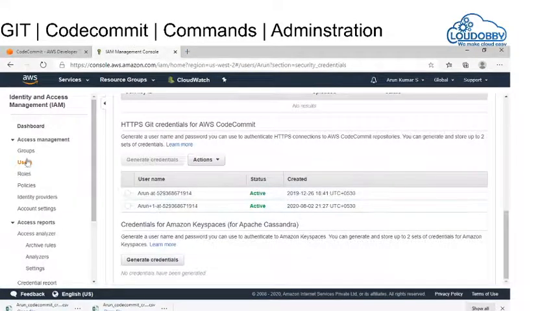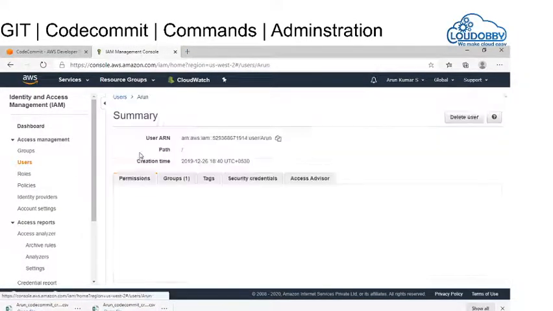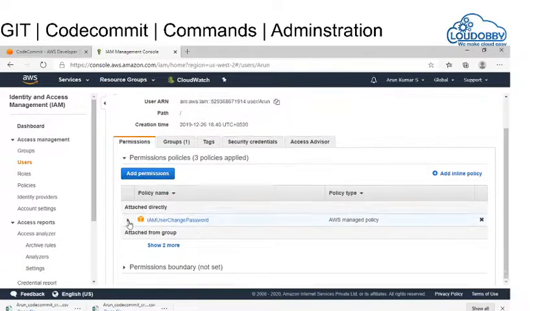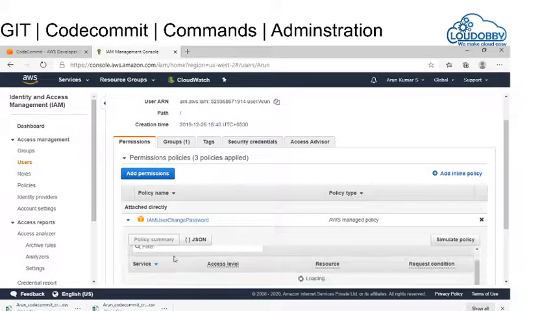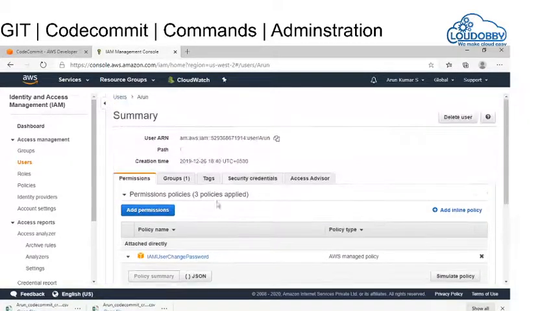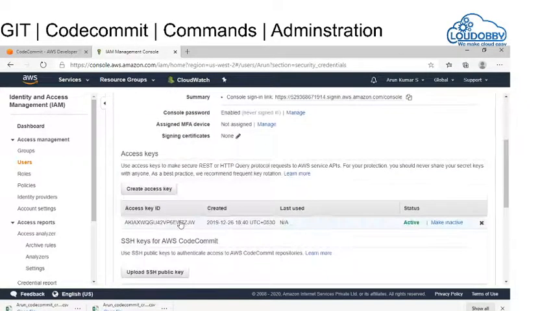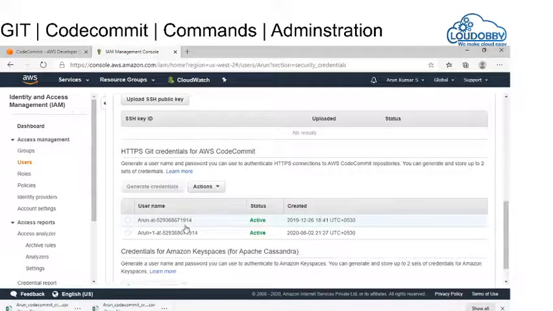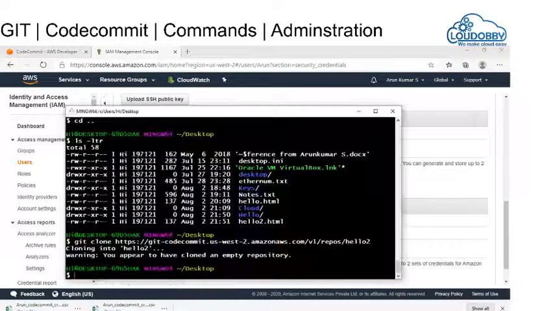You can see here the users, and the user should have the IAM permission for CodeCommit. I have full access, and the user can get the credentials from security credentials, a one-time generation of username and password. You can generate the credentials over here, and I have downloaded them into an Excel sheet.